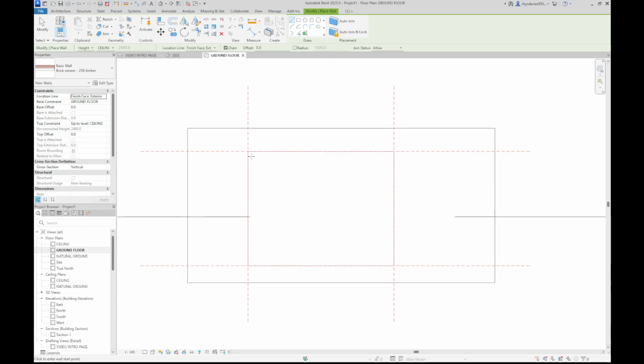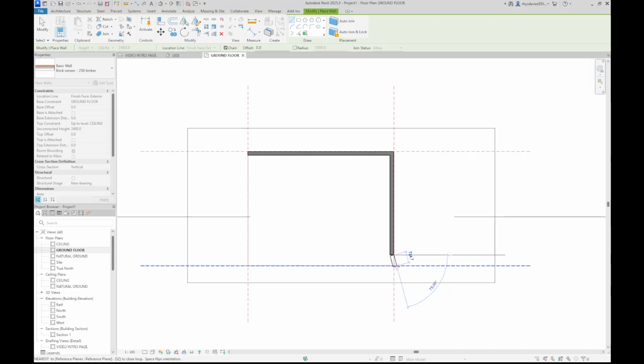Okay, so again, because it's finished face exterior and I want those bricks to be on the outside, I need to work in a clockwise direction. So left click, drag across, drag down. Ooh, now